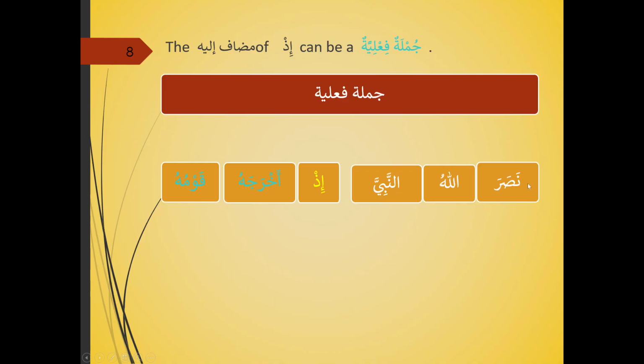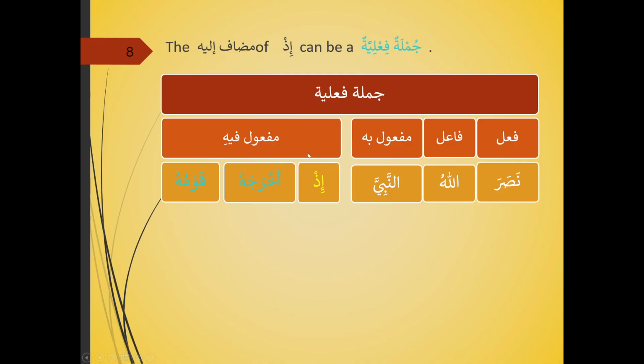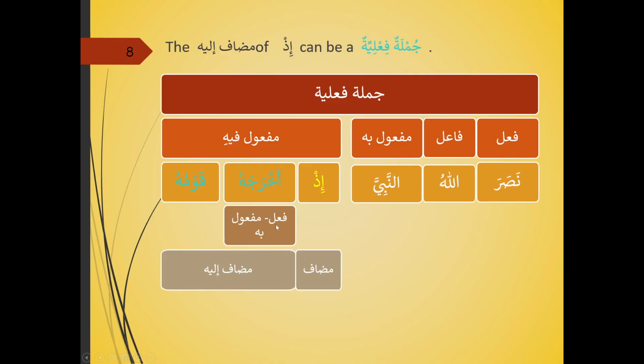We had a jumlah fi'liyah, the big sentence, with the fi'il, the fa'il, our maf'ul bihi, and this is our maf'ul fihi in the form of mudaf, mudaf ilay. So this is a noun slot that has been replaced by a sentence in the form of mudaf, mudaf ilay. And the sentence here, ihrajahu qawmuhu, is our mudaf ilay. So there are two levels of sentences, a sentence within a sentence.